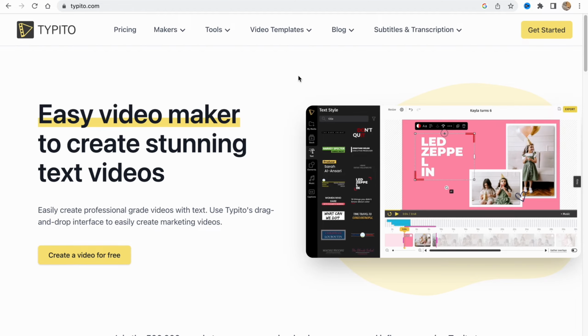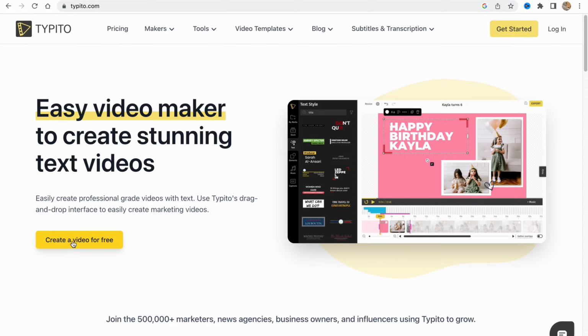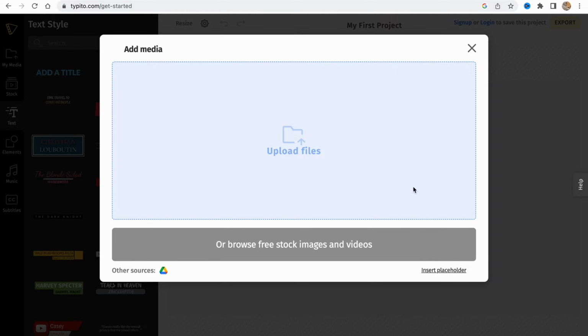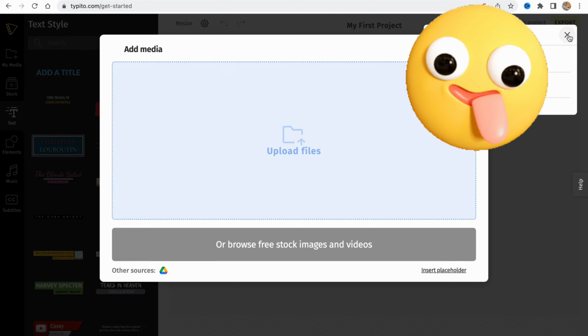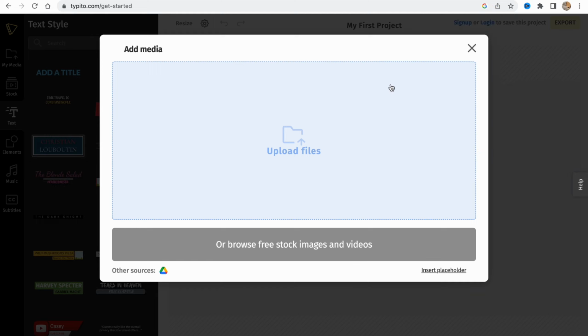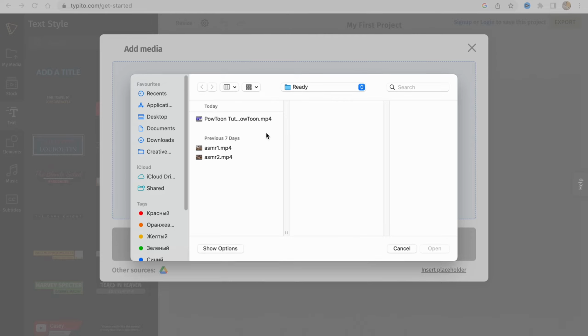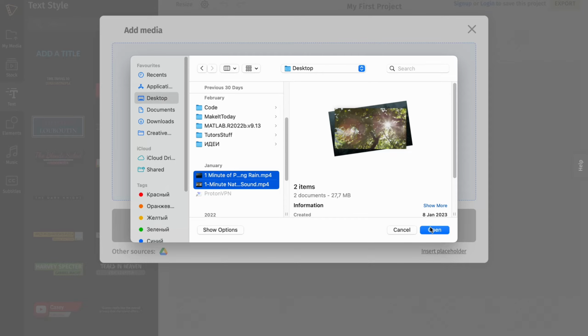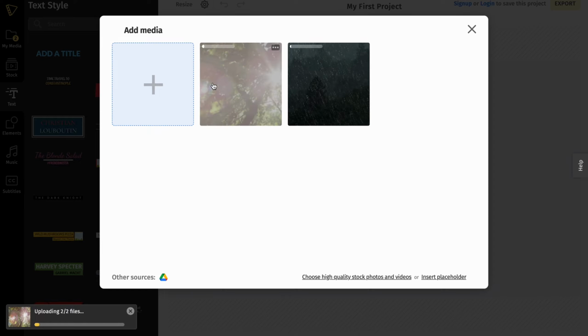on the main page. We need to click on create a video for free or get started if you are new. So let's click on get started and we'll create an account from scratch, or basically we'll even come to this page here. There we can just start our creation. Firstly we need to upload our files. As you can see, I'm going to use my files from my computer to videos, and then I'll just click